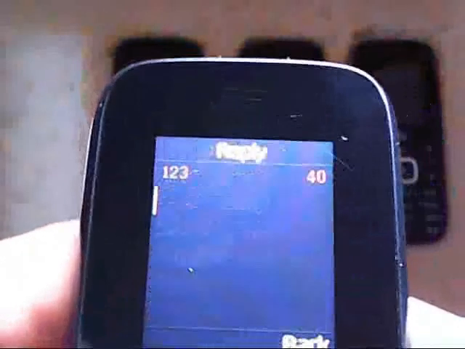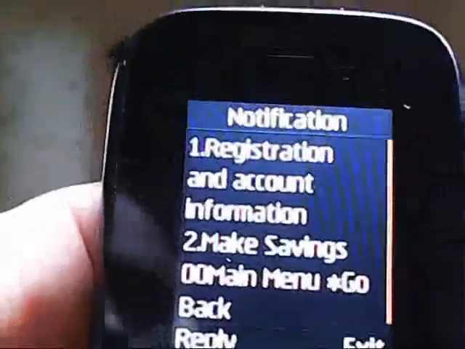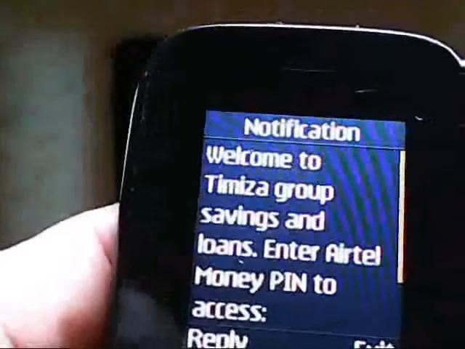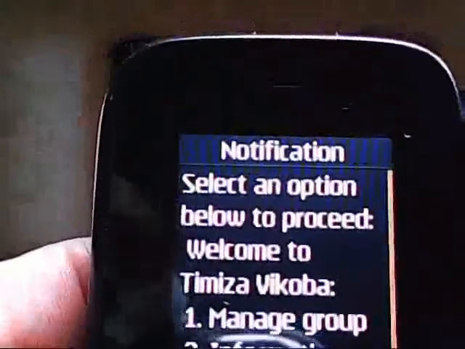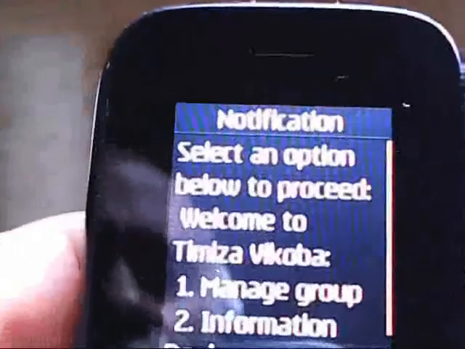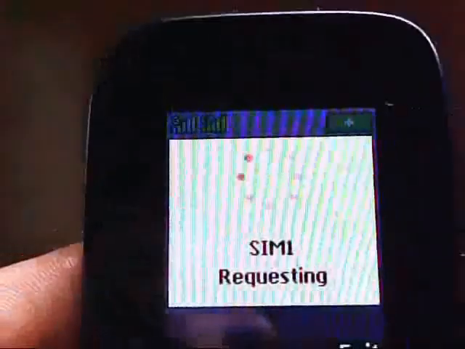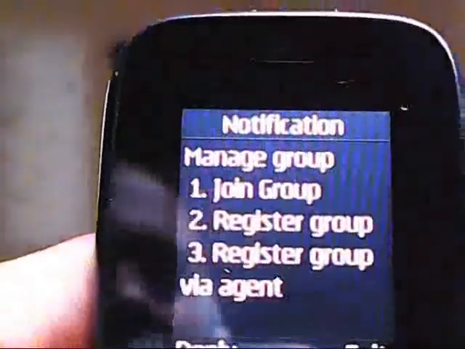So we are going back in 6, 1, 2, 1, and then the pin. So we choose 1, then we choose 3,